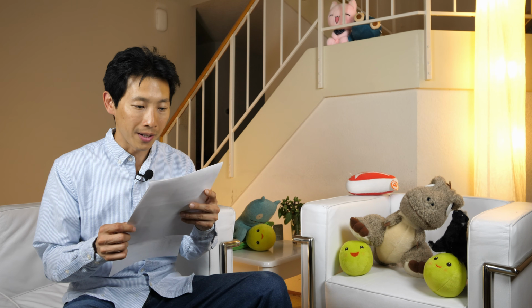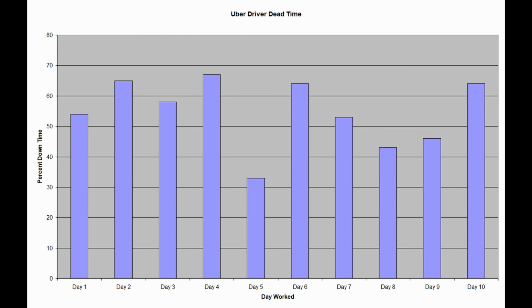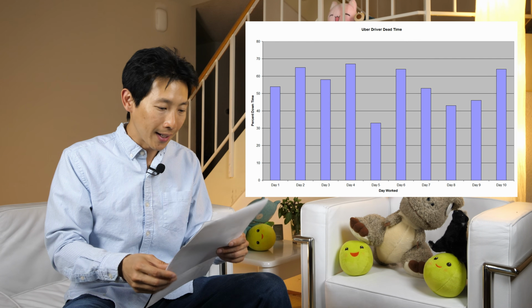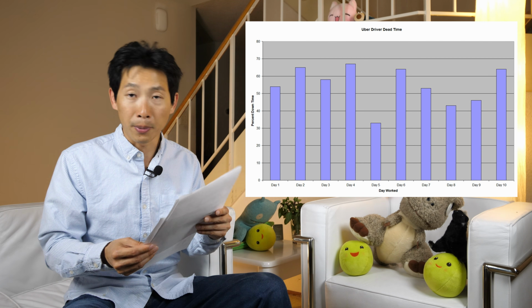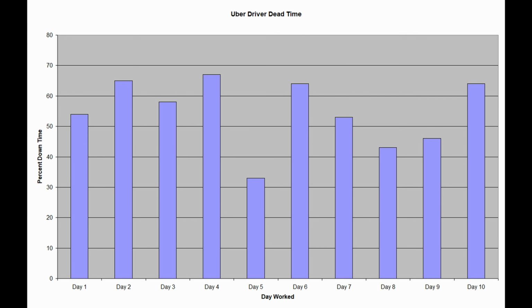Now this new chart over here is very interesting because I plotted the amount of dead time I have. All this wait time, I add it all up, and then I can see, oh, what's the percentage of wait time? Across 10 days, you can see it over here. The first day is about 55% waiting time. The second day, I didn't do as well, 65% wait time.